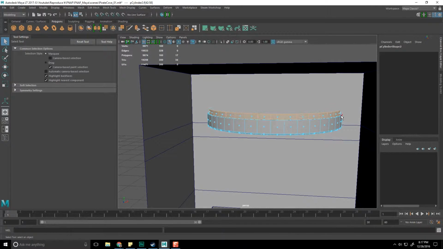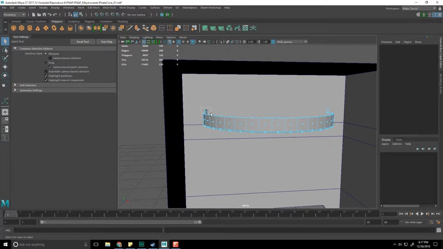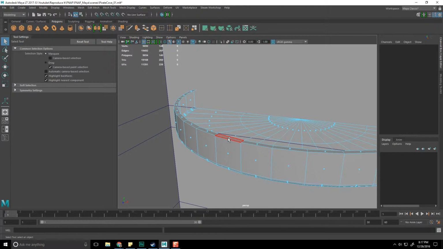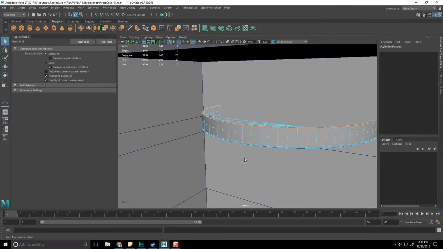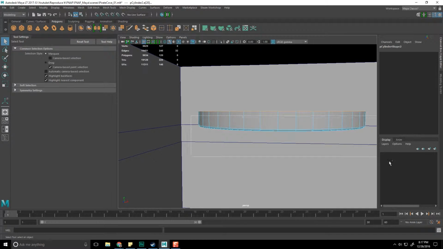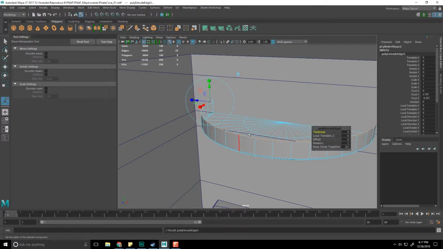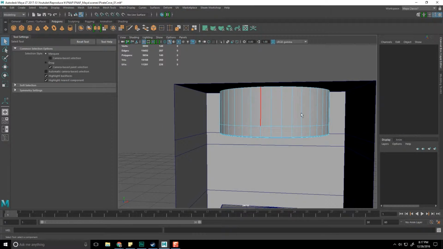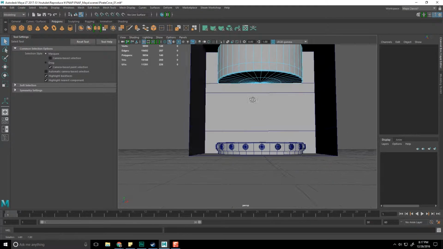Take these elements, delete them. You know, we're going beyond the reference material because we don't have any reference material for this. So it is whatever we want it to be. Right click, edge, double click, make sure we don't have any of the bottom selected, right click, edge mode, extrude mode, bring that up to the top, and we'll put a nice sign up there at some point saying, hey,